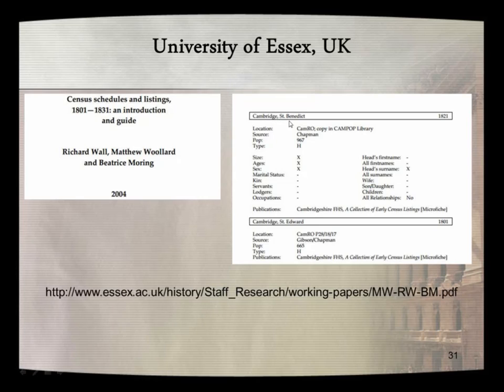So for instance, Cambridge and St. Benedict, it's telling you this is the Cambridge Record Office, and the source is this particular individual under the Chapman Code, and it tells you the type of information it provides. And this whole PDF has a list of all the scraps or fragments of these early census